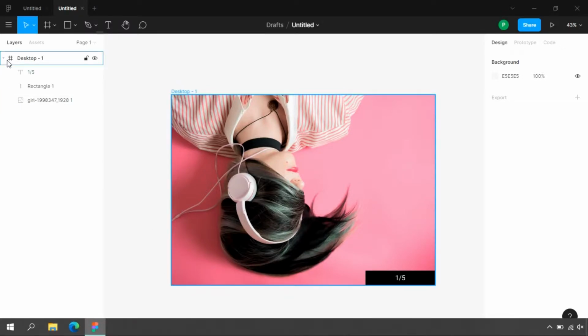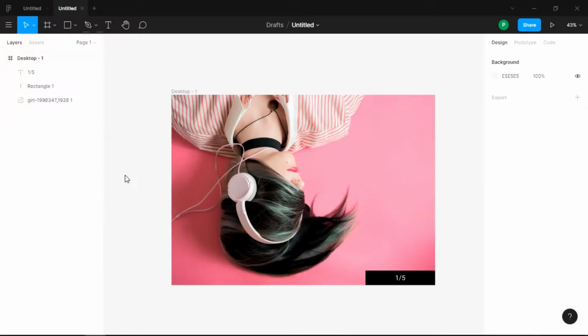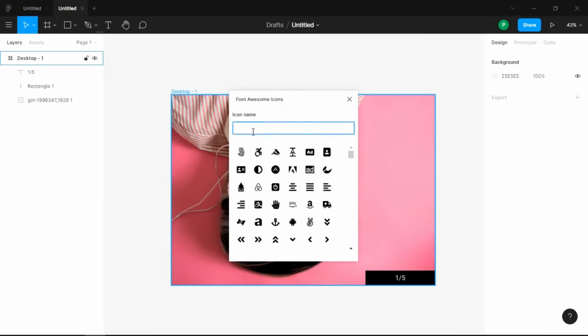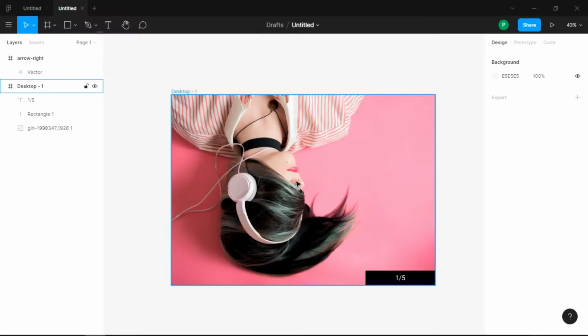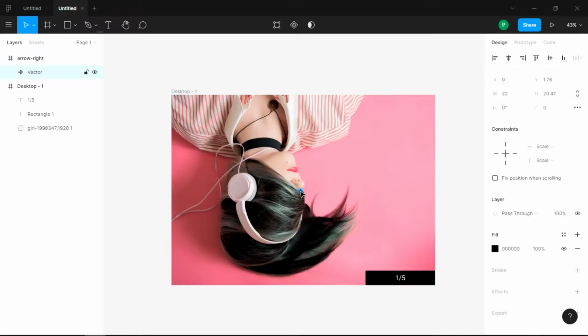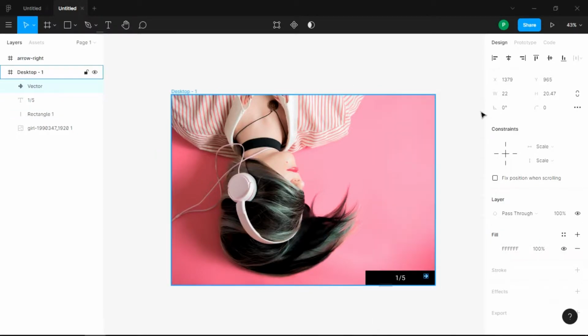Okay, let's first open the plugins here. Go into plugins and select the Font Awesome icons. And let this open. We'll just scroll down. Just get this left and right arrow here. So swap this arrow. Okay, just select this arrow from this sidebar section and just drag it to the rectangular box here and paste it here. Make it color white. You can keep it white. Just keep the transparency to 100.